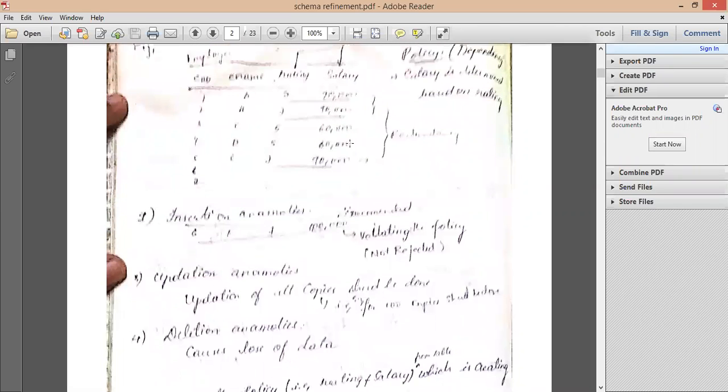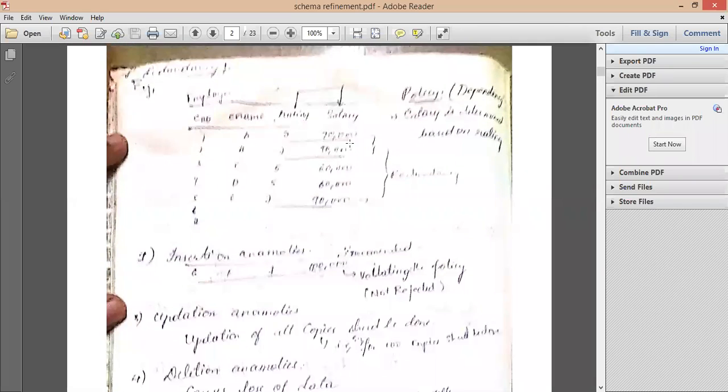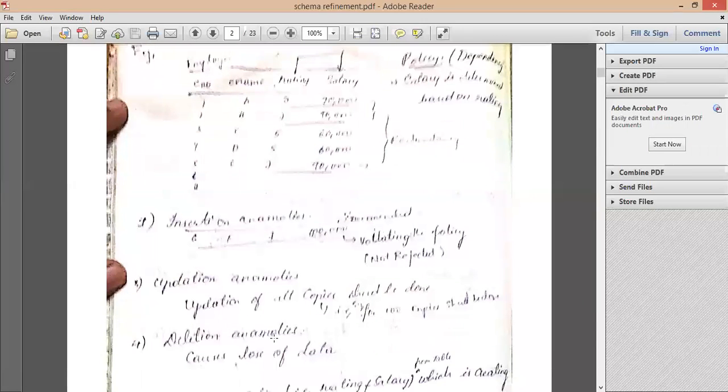And deletion anomaly is nothing but, suppose you're trying to delete a particular set of rows. Now this deletion basically affects the other rows also. Suppose each department has some rating, or some set of salaries. Suppose if he's in HR, he will be having 90. If he's in technical, he will be having 60.